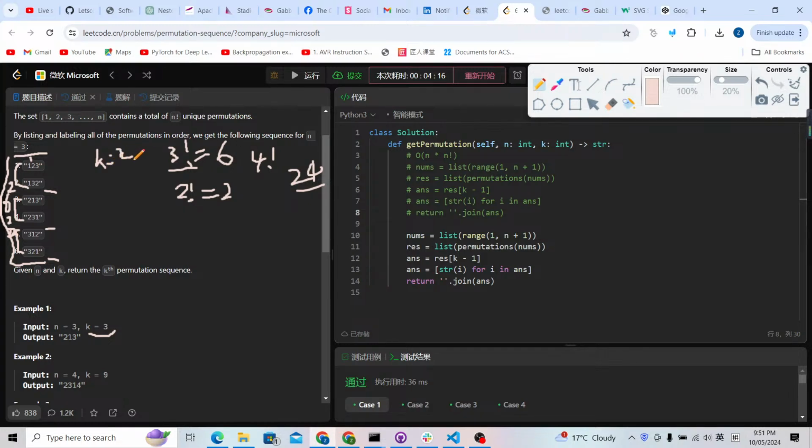So after the first group is excluded, this k would become 1. After the first group, we are definitely sure the first number is not 1, because the first group is excluded and the first number is 1, it's not possible. So 3 minus 2, so this k equal to 3 and the group number is 2, 3 minus 2, it is 1. So if this 1 is less than,